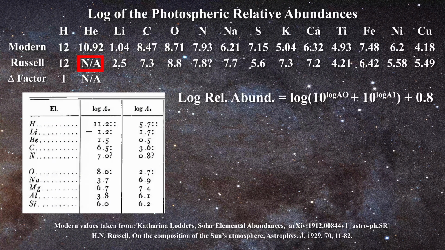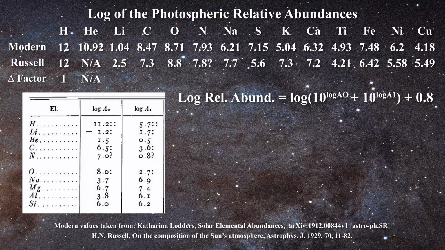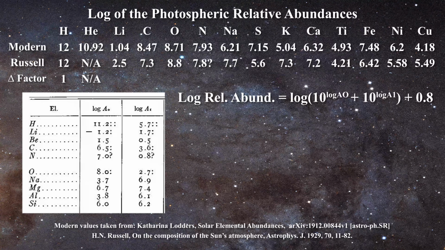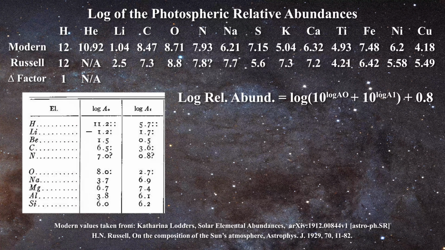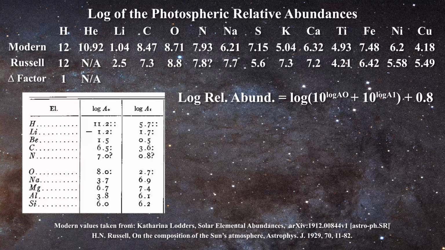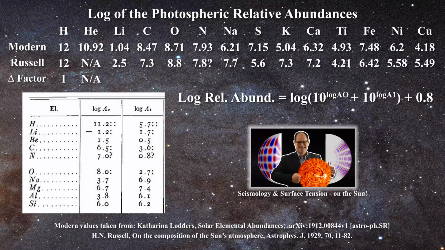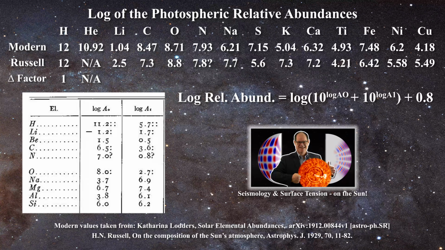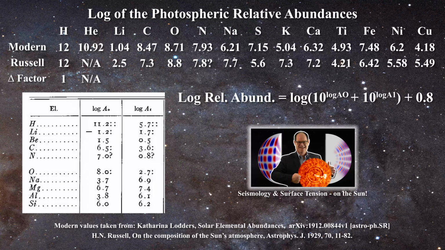That remains true today, even if astronomers claim that the Sun is about 10% helium, according to their accepted relative abundance for this element of 10.924. Now, if you study Lodders' paper, you will see that this value is derived from helioseismology. Yet, as I have argued long ago in this video, seismology is a science of condensed matter. The idea that one can extract helium values from seismological measurements is not reasonable. One has absolutely nothing to do with the other.